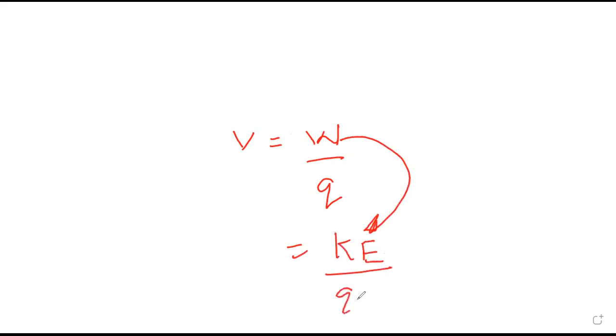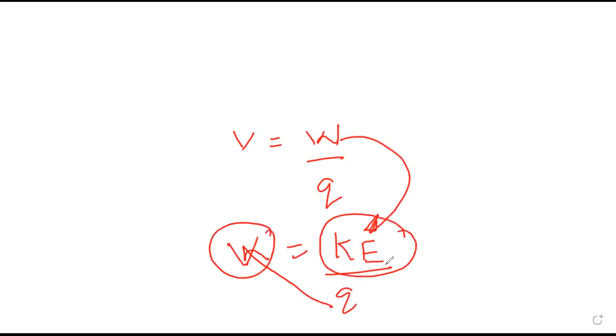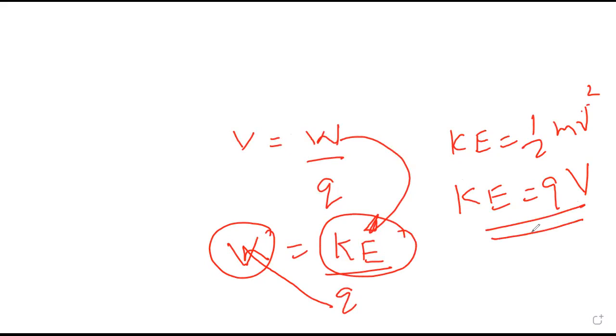Now I think you have studied that potential is defined as work done to move a charge. So if the charge is moving, by the work energy theorem, it is kinetic energy equals charge into V. So kinetic energy can also be written as charge into potential difference. One formula of kinetic energy is half mv square, where v is velocity. The second formula of kinetic energy is charge into potential difference.